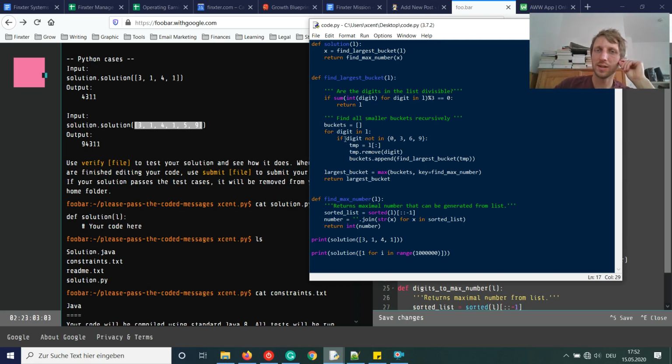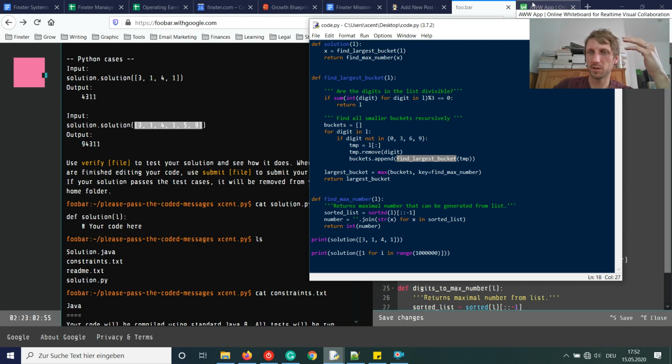What we are doing now is we remove a digit and then we find the largest bucket from this smaller list. If this is not divisible by 3, then we remove an element again. But then we have removed 2 digits, and this is not optimal, because we have not even checked removing 1 digit from the other one. So we first want to